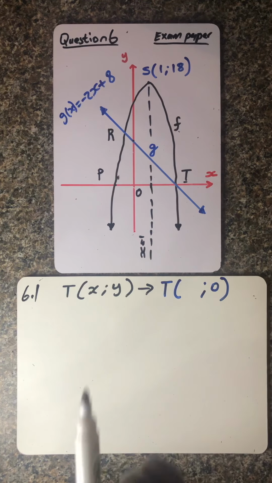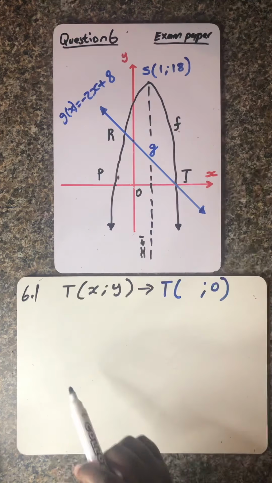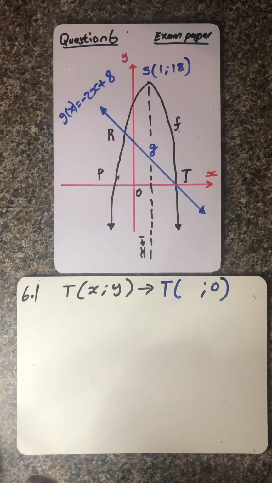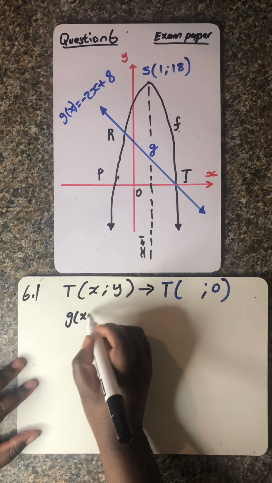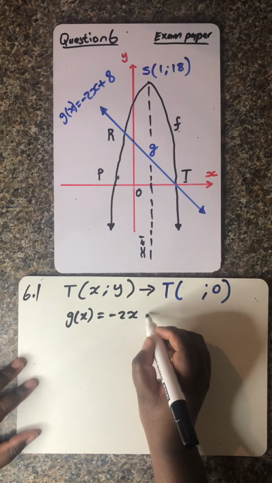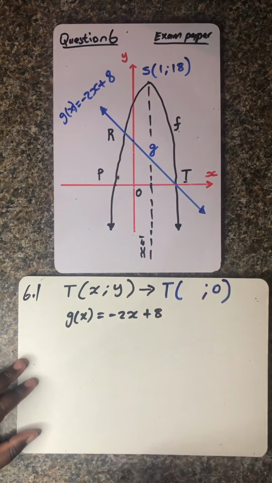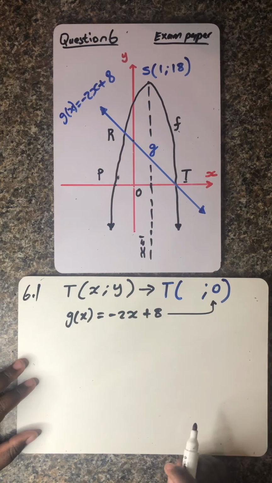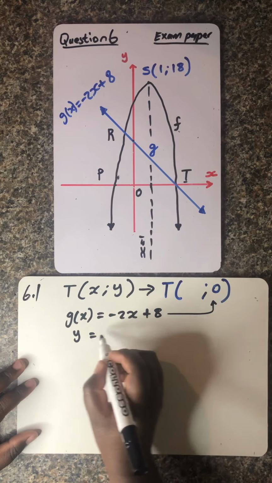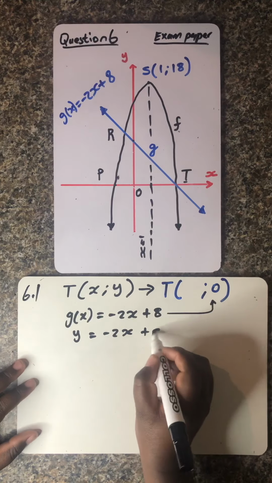Okay, ladies and gentlemen, I hope we both agree that we should use this formula to determine the coordinates of t, which is what the question wants us to calculate. Again, this question is allocated 2 marks, meaning it shouldn't be a complicated question, it should be a straightforward question. So we know that g of x is equal to negative 2x plus 8. Obviously, we know the y value is 0. Okay, obviously g of x is actually y, which is equal